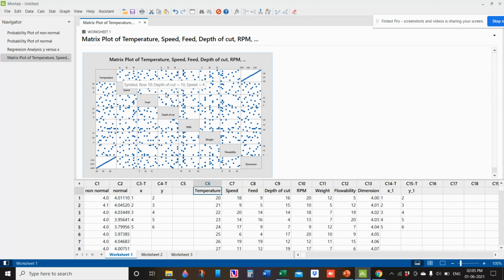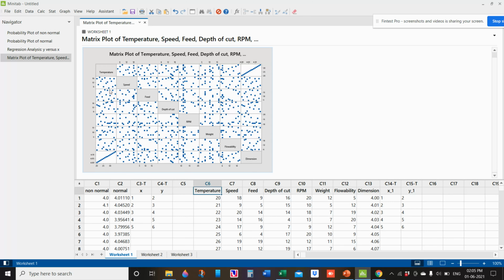Now you can see the matrix plot here, a simple matrix plot where there is not much correlation between other parameters. There is only one correlation, between temperature and dimension. So this is how you can make a simple matrix plot to see the correlation between many inputs and one output.